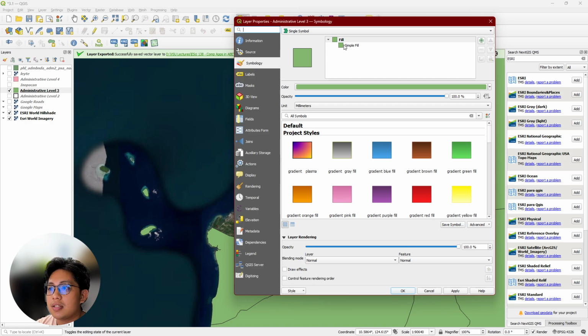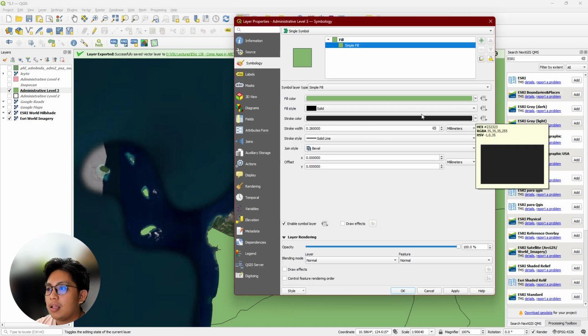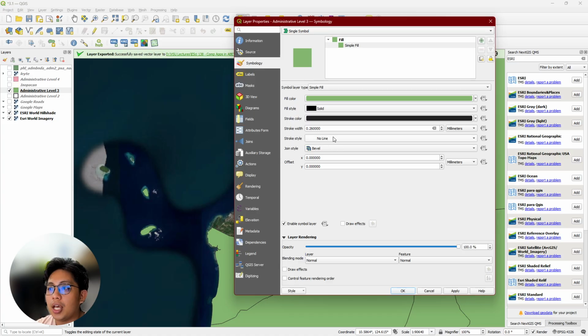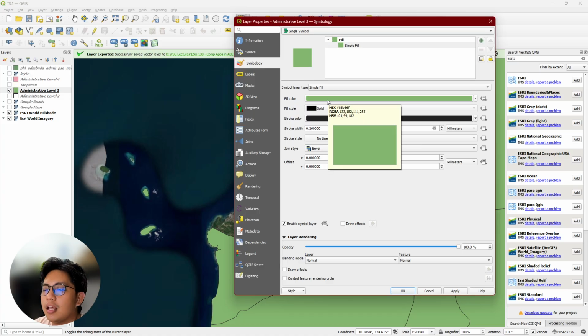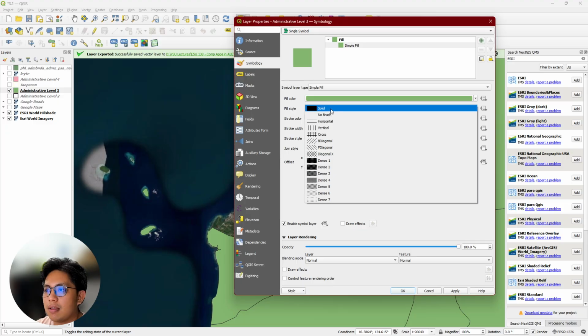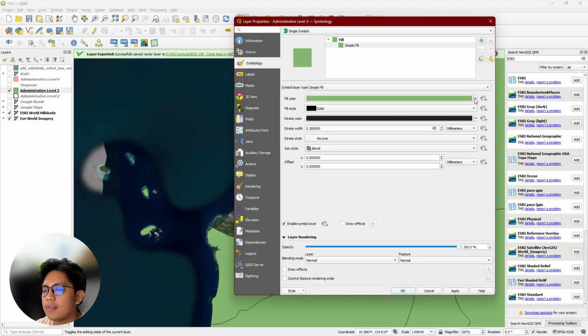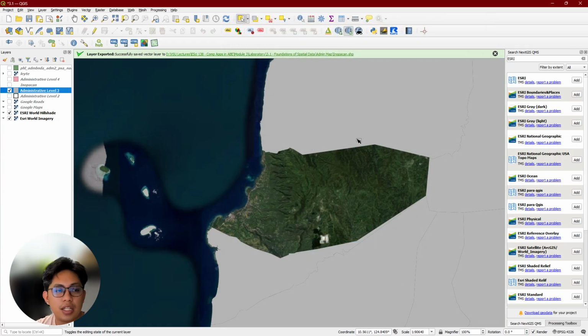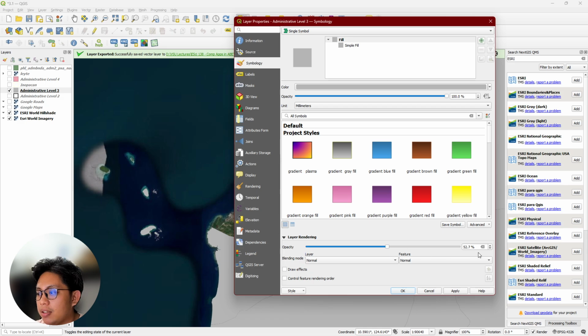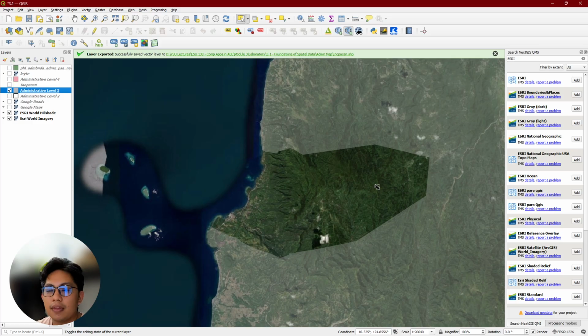then properties, simple fill. I remove no line, but it's just a full fill, and I'm gonna make it as solid with gray. So as you can see, you don't see the boundaries anymore, but I do want to see it just being faded out. So now I'm going to do a transparency layer. So I'm going to make it 50% transparent, 35% transparent. So now I have faded out the other portions and I'm only focusing on Inobaka.